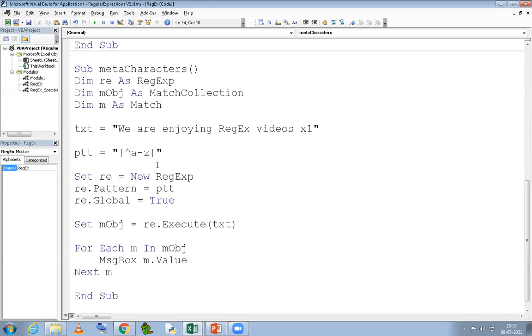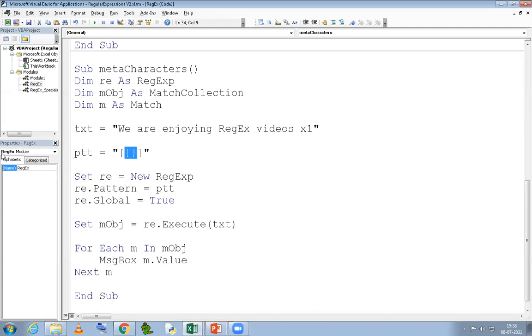So this is how you can negate. And what else? When you use special meta characters like the plus or the star inside these square brackets, they become literal.